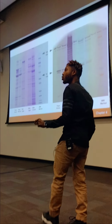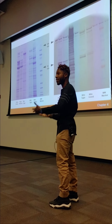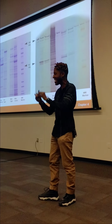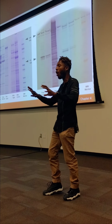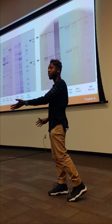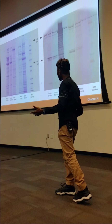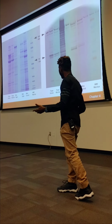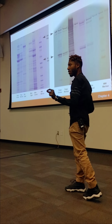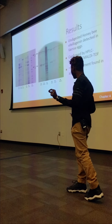Now remember that I told you earlier that every organism that makes eggs makes vitellogenins. Well, every single group of vitellogenins is distinct in its sequencing. All of these organisms make a very different set of them because different creatures need different sets of proteins, amino acids, and fats in order to grow into adults. And so the fascinating thing here is that you never expect an organism to have the exact same vitellogenins. How did they get the bees' vitellogenins into their own eggs? Well, it got